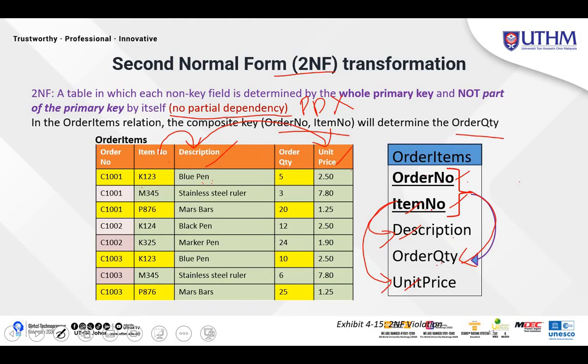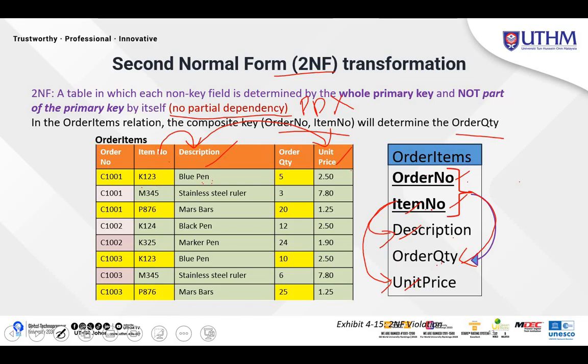From the order number, I get the items also: mee goreng and teh tarik. So these are the item numbers. But how much quantity I ordered, I can only get from the order number and item number together. So I order 1 mee goreng and 1 teh tarik. Based on this, we can identify the order quantity. So that is what we call